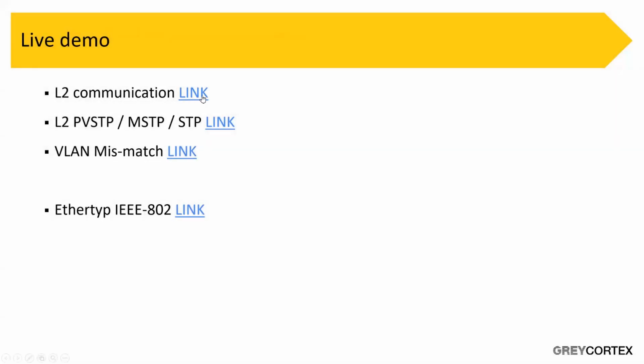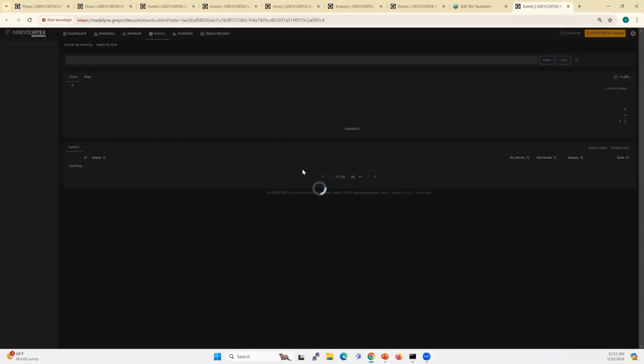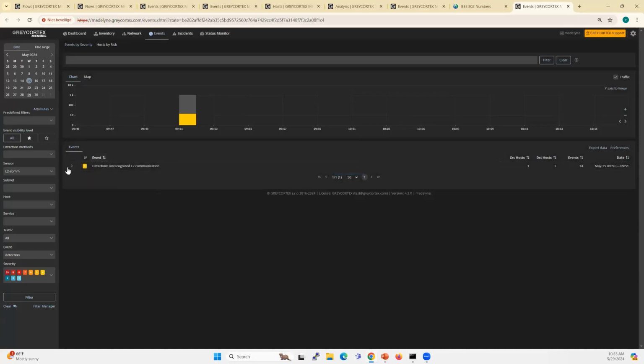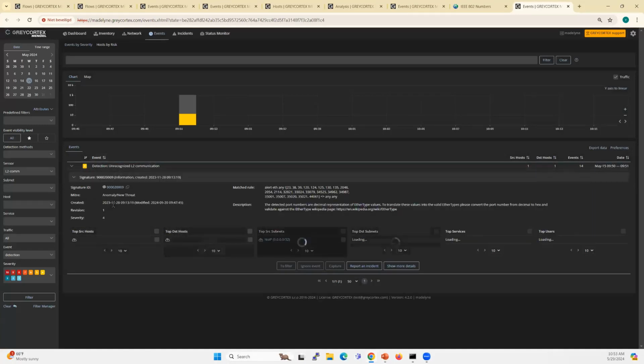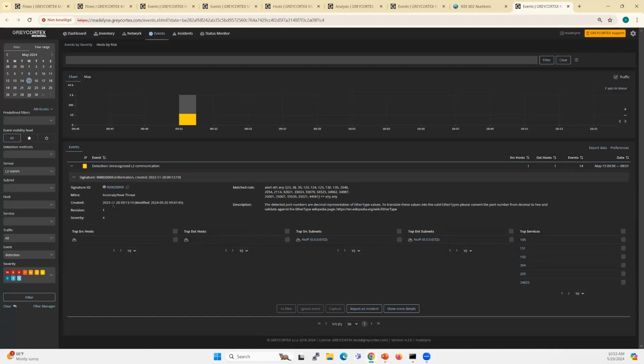Layer 2 communication. So let's start and see what we can see here. We see there is a detection of unrecognized layer 2 communication. And I just showed you, for example, that the 34825 was there for LACP, and that communication is there. So this is how you can recognize if LACP is running on your network, and